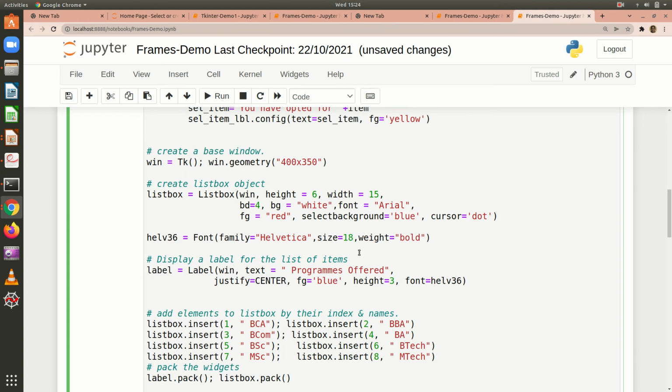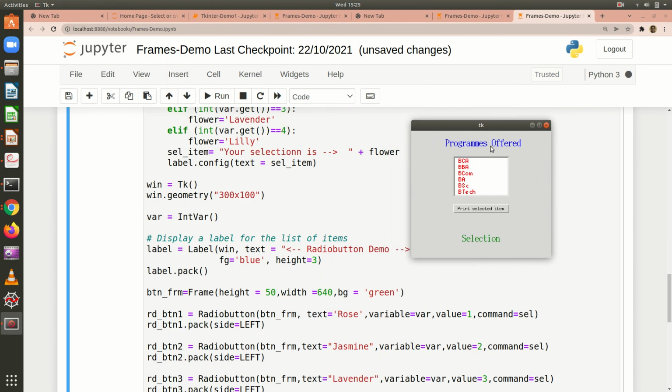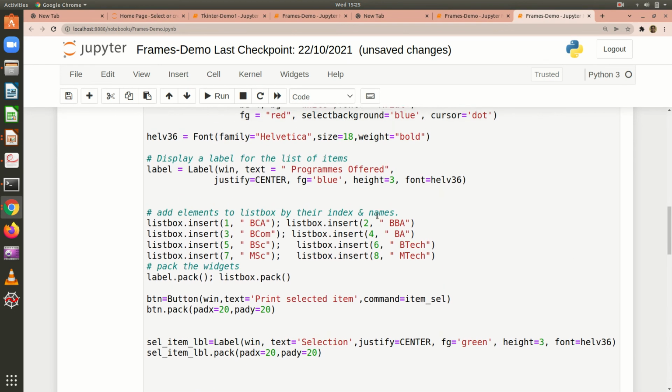Now let me increase it to 18 and I run it. You can see it has become much bigger now, and I select an option and I say you have opted for BBA, right? So like this you can try exploring all these options in the widget.